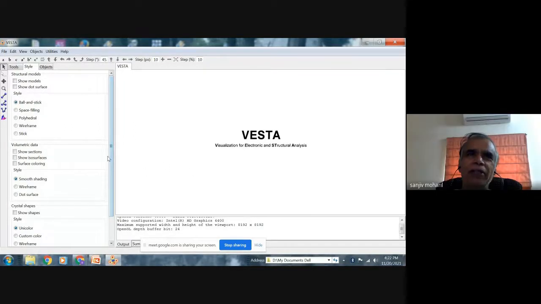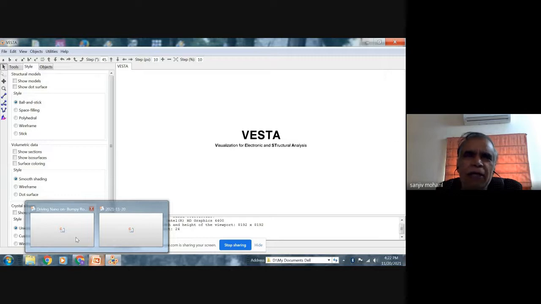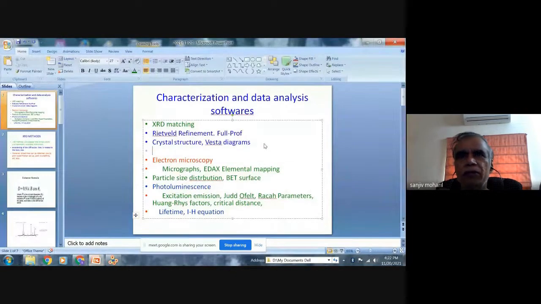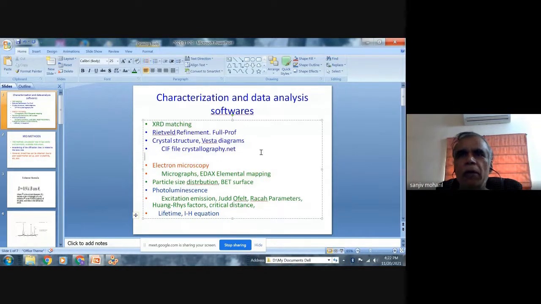Okay, nice. So what we have to do is obtain the crystallographic information file. This could be available from the literature, or such a file might be available from this website, crystallography.net.